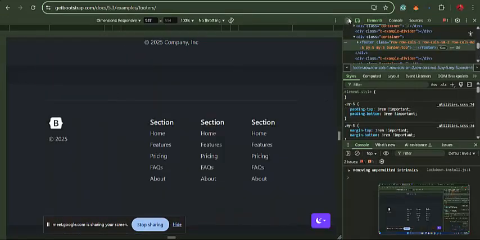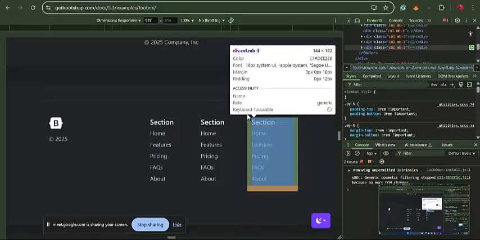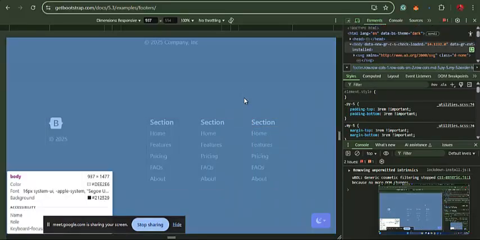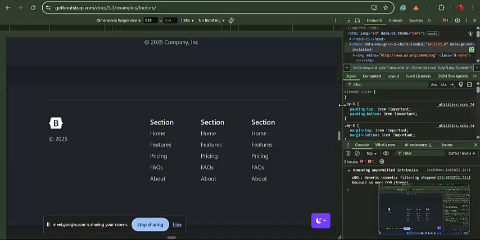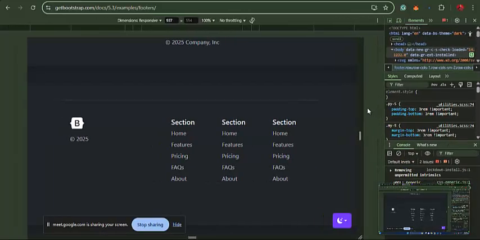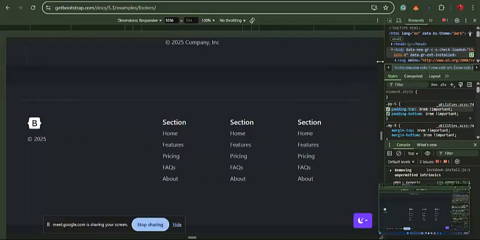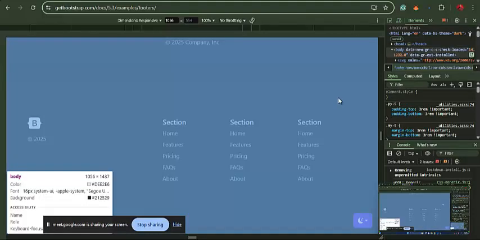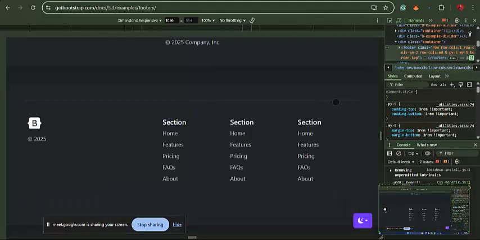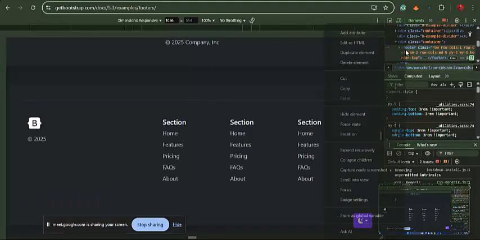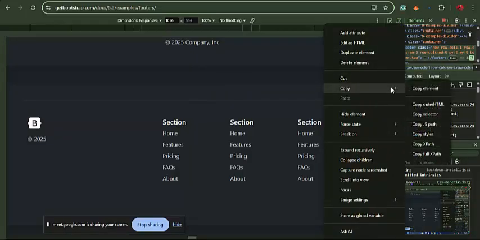I will inspect and click on this arrow icon and move the cursor here so I can highlight everything I need. Let me drag this more so I can see it in full width. Come back here, click on this icon, then highlight everything I need. I'll click on it, come back here, right click, click on copy